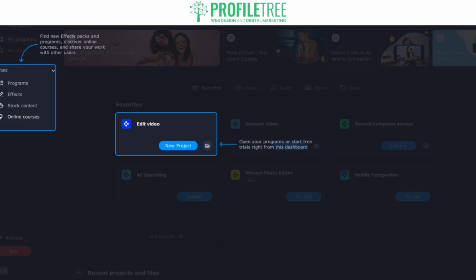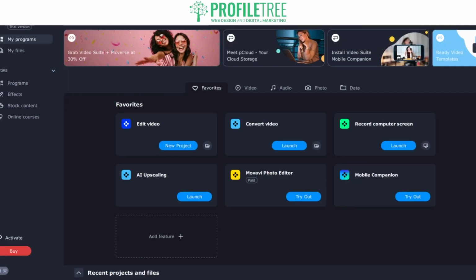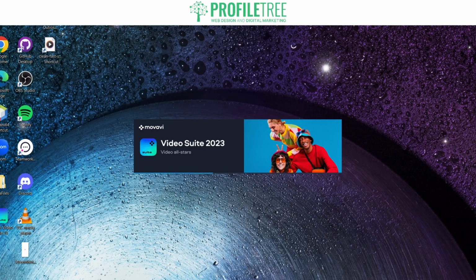But they do also offer online courses, which is great, especially if you are struggling to do certain parts, then you have that help that you need. Anyway, it guides you through what you need to do. So right away here, it's saying open your programs or start free trials right from this dashboard so we can create a new project. So this is instantly loading up our video suite